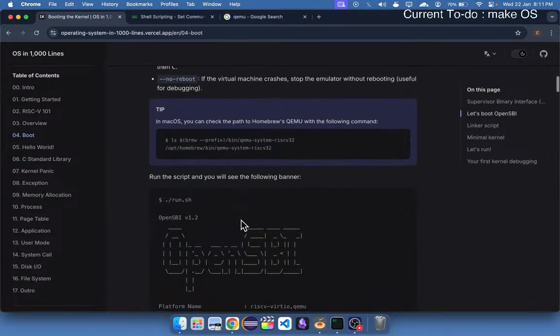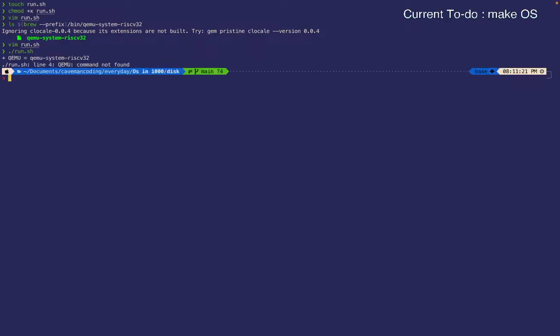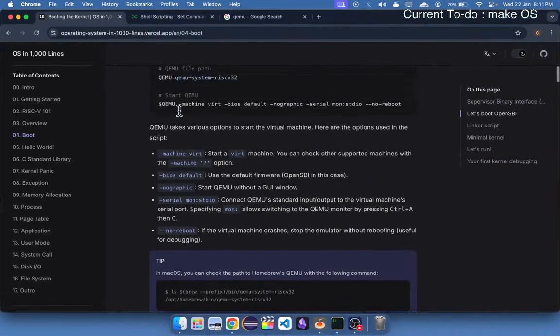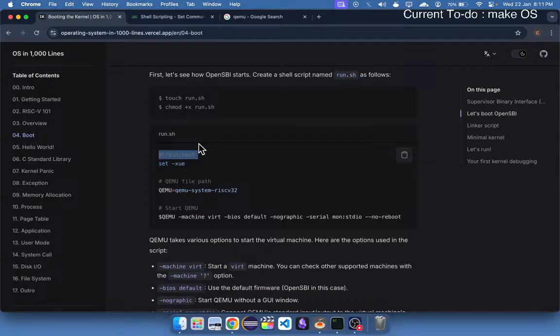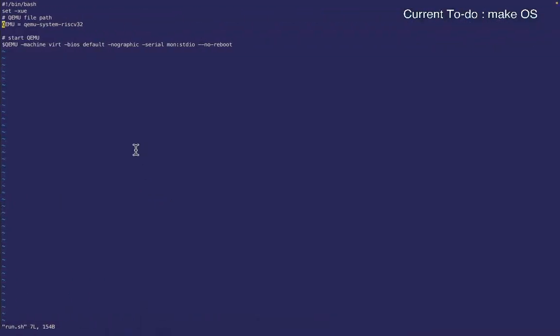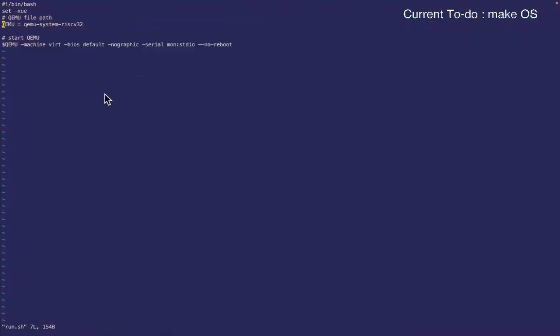In macros you can check and then run the script. Okay, let's do that. Okay, not found. So line 4, this is not found. What does this mean? Just try to copy. I know I said I won't copy, but